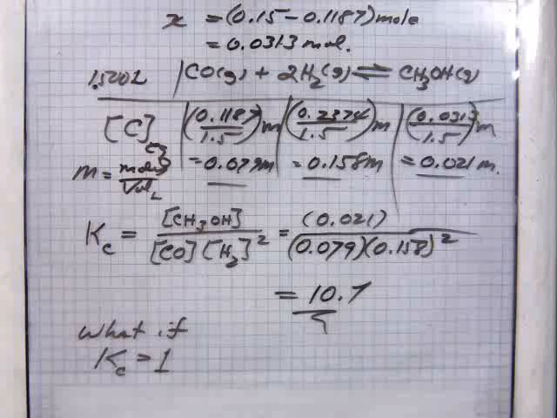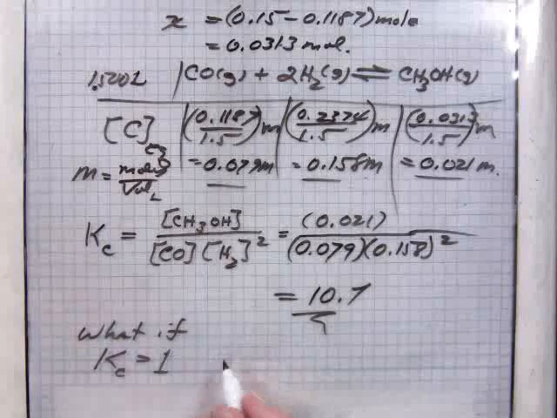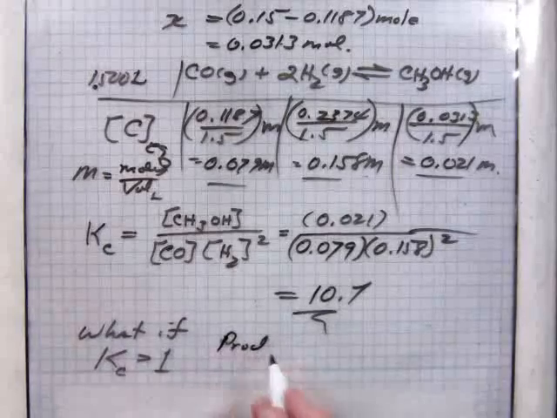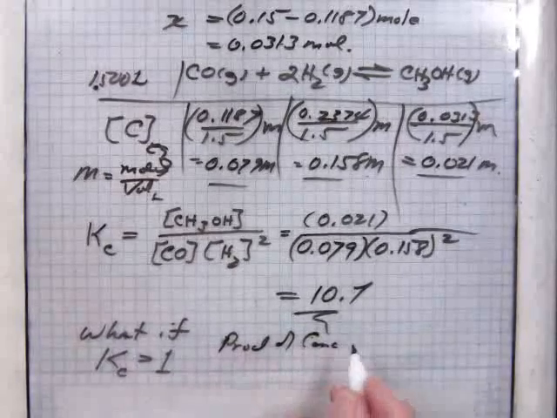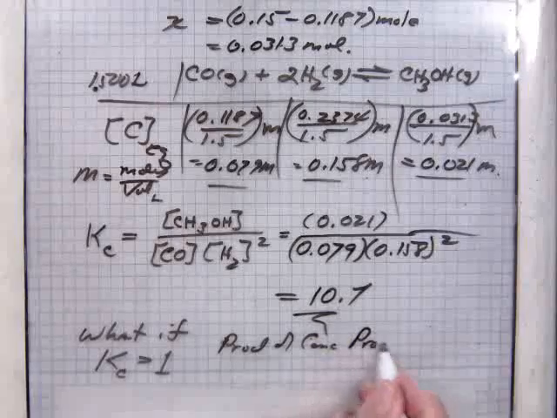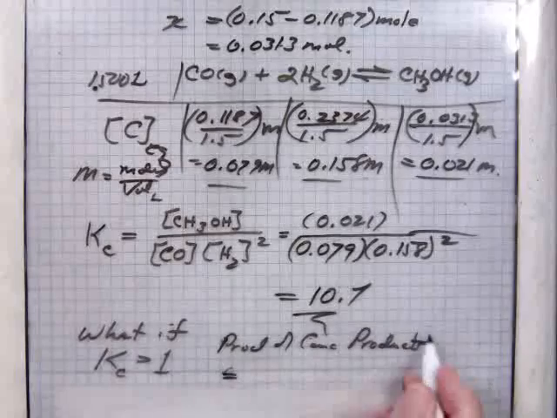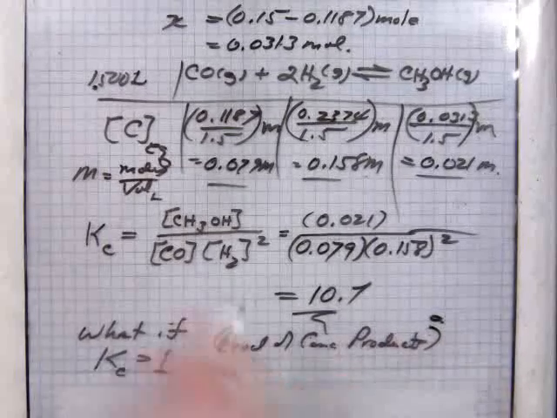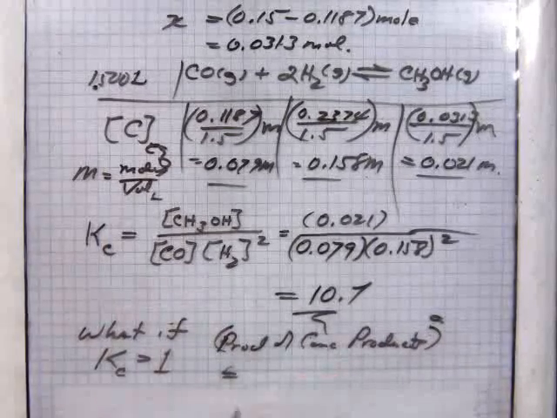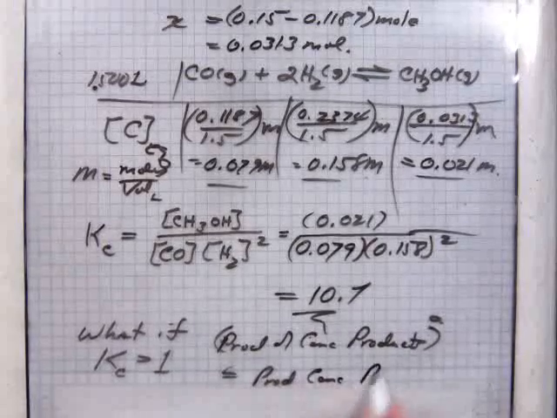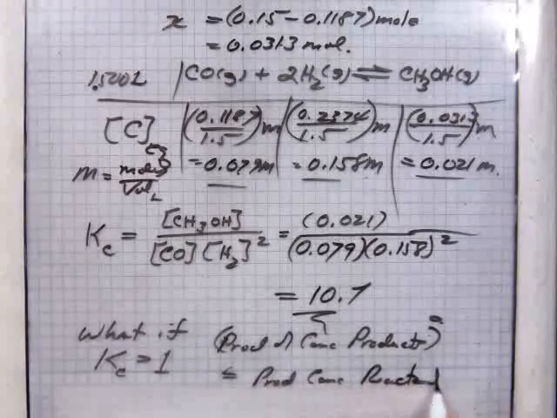Well, it doesn't mean that all of the concentrations are the same on the reactant and product side, but what it does is it says the product of the concentrations of products, raised to the power of the coefficients, is equal to the product of the concentration of reactants raised to whatever